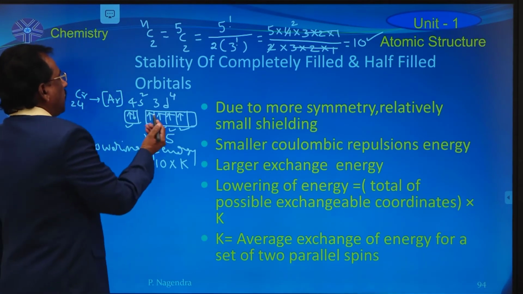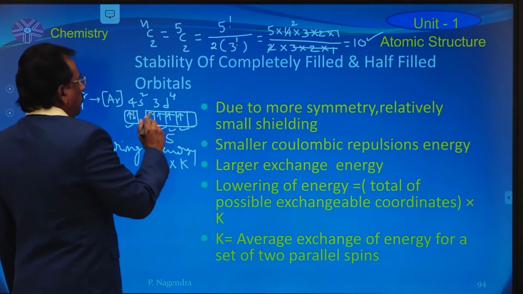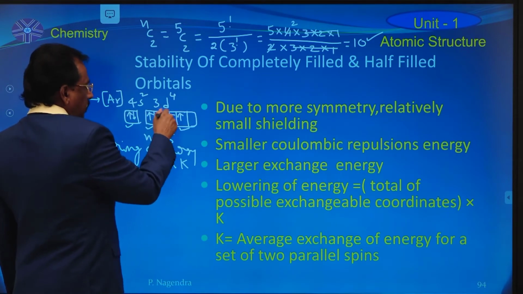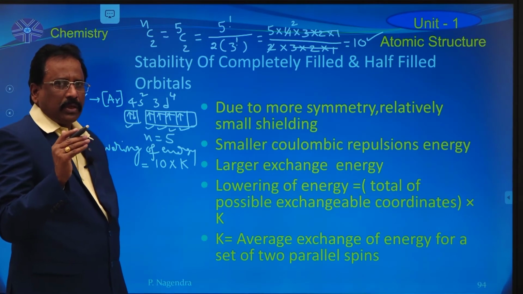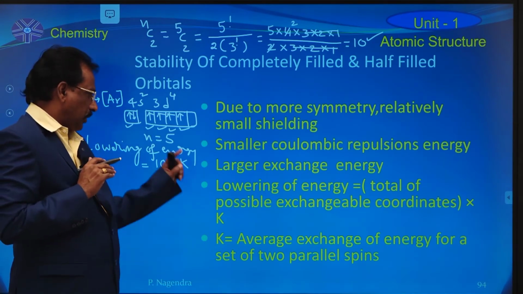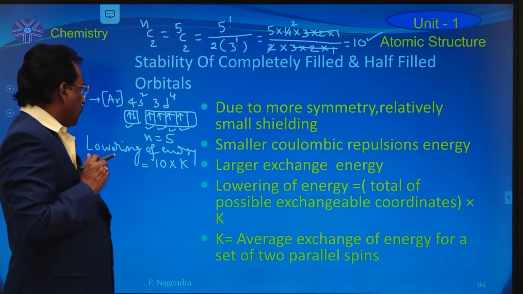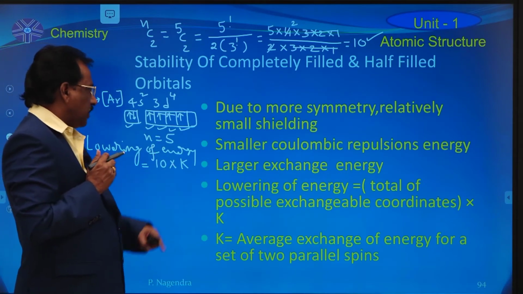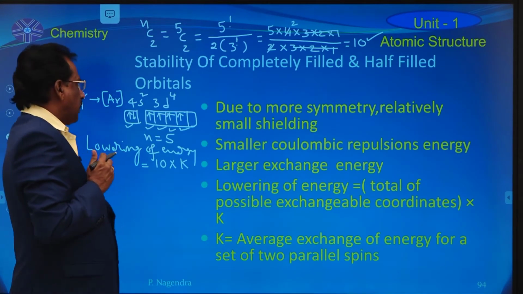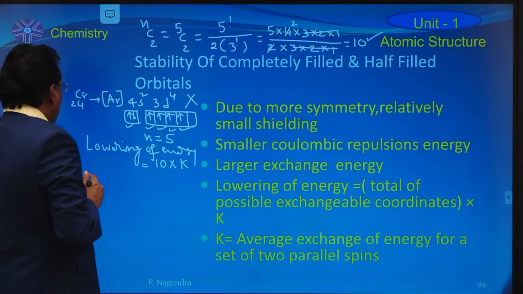If this electron jumps into this orbital, due to mutual exchange of these 2 parallel spin electrons, some amount of energy is lost by the system, which is equal to k on average. Now for the 4s2 3d4 configuration, lowering of energy is equal to 10k, but chromium shows an anomalous